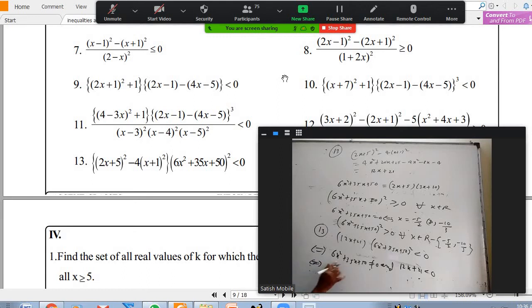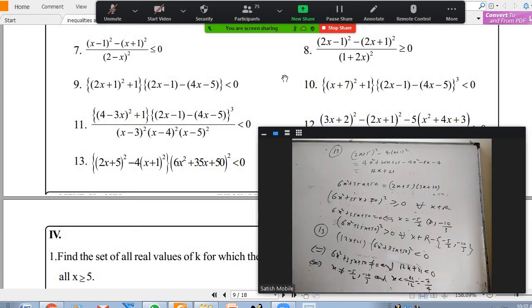So this implies x should not be minus 5 by 2 or minus 10 by 3. And x should be less than minus 21 by 12, which is minus 7 by 4. Okay, so are all these numbers less than minus 7 by 4? Minus 5 by 2, is it before minus 7 by 4? So minus 10 by 4 is correct. What about this one, this minus 10 by 3? Yes, this is also less.